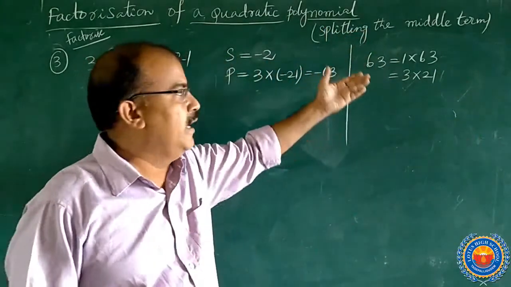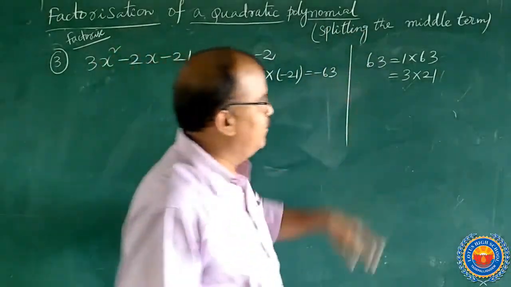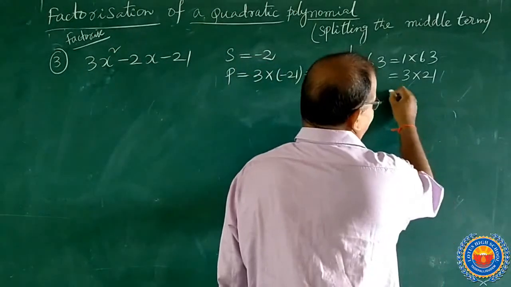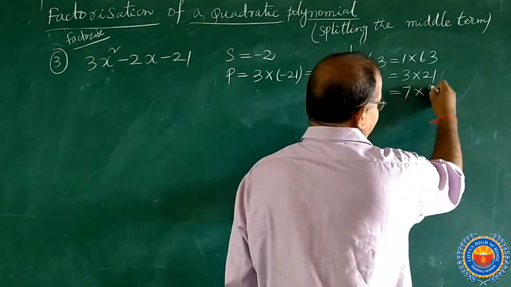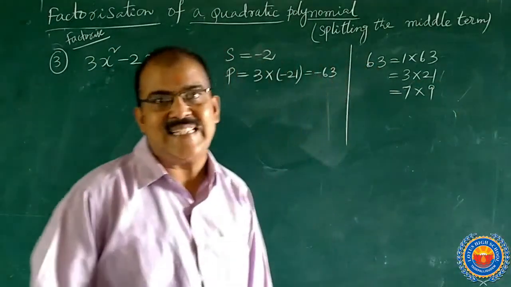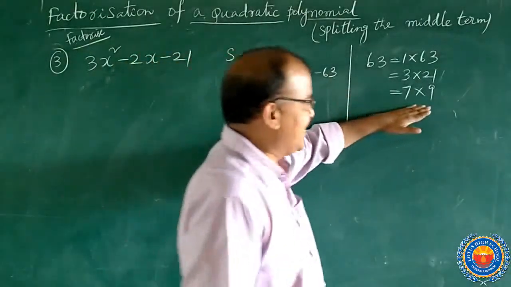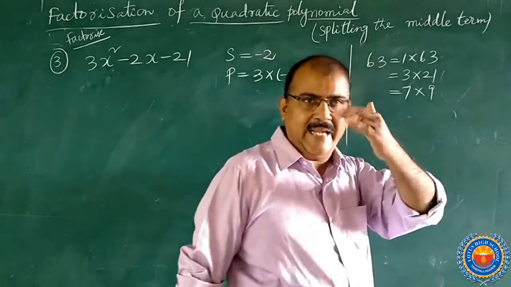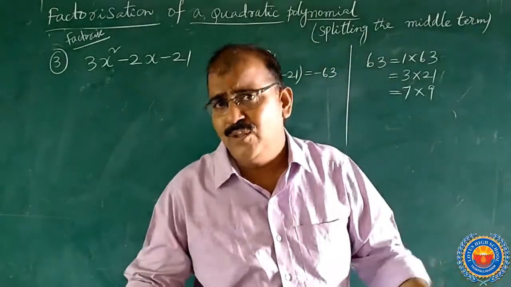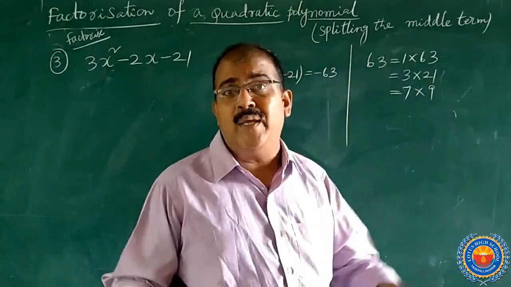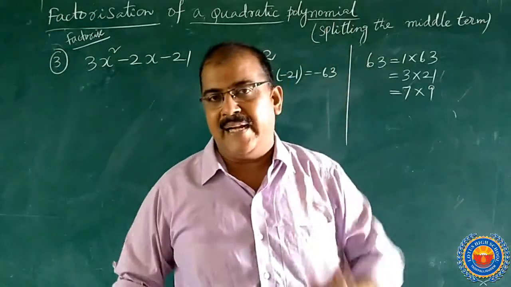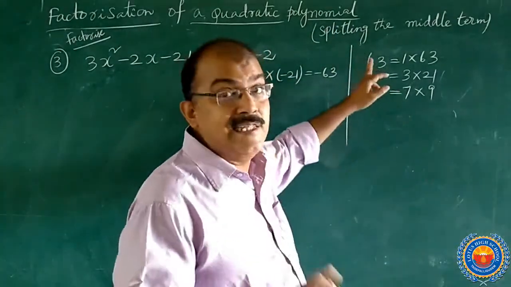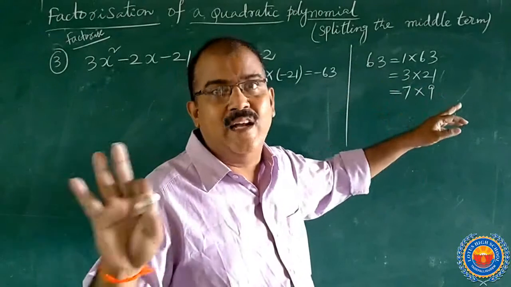If you want to check, 5 won't be divisible. 6 will not be divisible. 7 nines are 63. 8 won't be divisible. If you want to check, you have to apply the divisibility rule for 8. If you don't know the divisibility rule, divide 63 by 8, and you won't get remainder 0. That's why 63 is not divisible by 8.